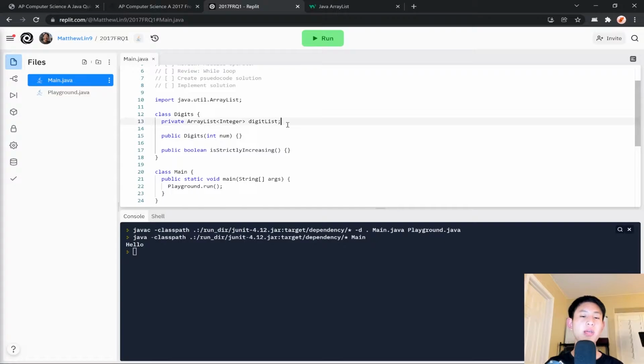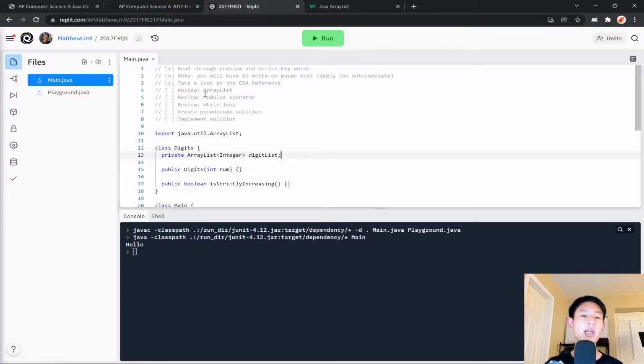Now, after implementing the class, I'm actually going to go ahead and go into some review of some computer science topics in general for Java before we dive into the solution for this. Now, if you are already familiar with the array list or modulus or while, I'll bookmark the times in the video, that way you can skip this section. But we're going to start off by